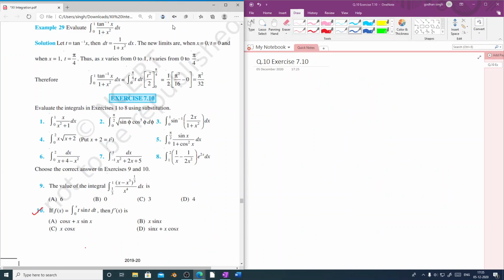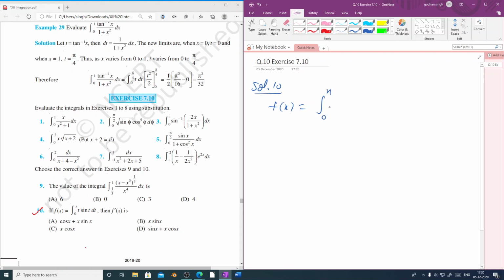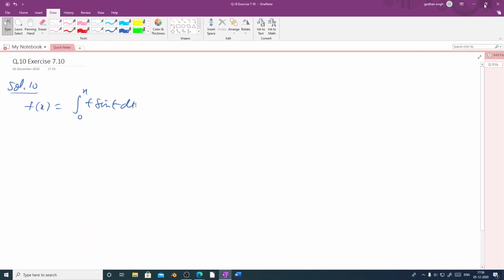Question 10, exercise 7.10, solution 10th one. So here we have f(x) equal to integration of the function from 0 to x. The function is t sin t dt. And now, because there are two functions involved, we'll be solving this by integration by parts. So therefore we can say that f(x) equal to